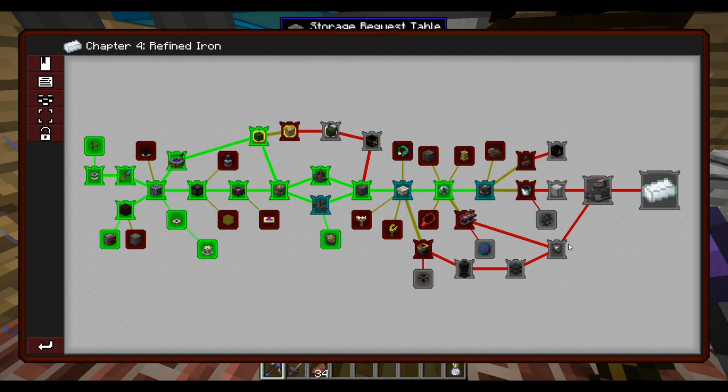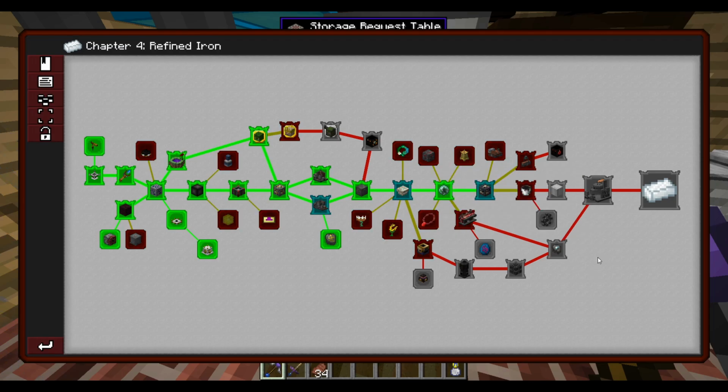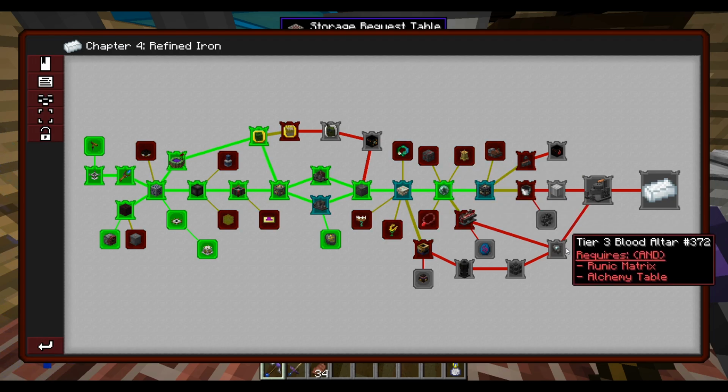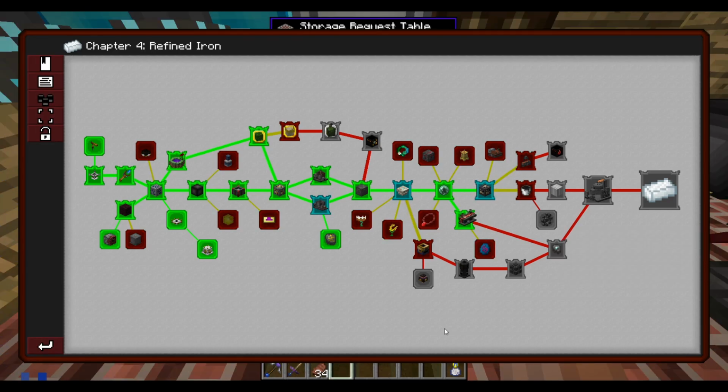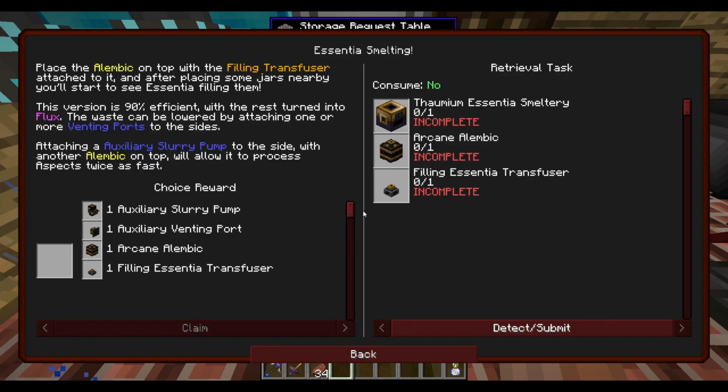Then it wants a pump jack, an excavator, a distillation tower for an arc furnace. What in the arc furnace requires distillation? Let's do this side first, because we also need tier 3 runes, and this is probably a bit more of a project. In order to make the tier 3 runes, then we're going to have to get into Thaumcraft's Essentia system. So let's get started by making...